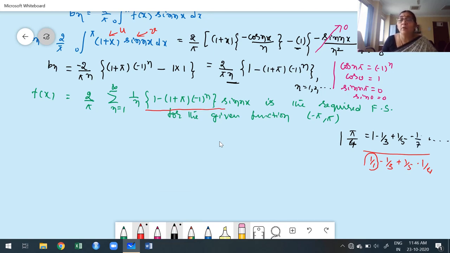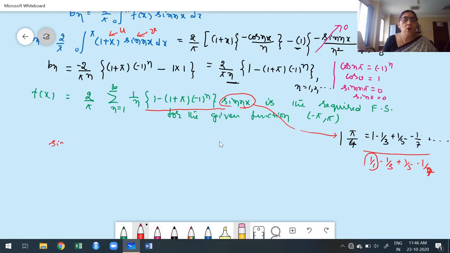Now here I want to find this series. Observe carefully. I want to retain only odd values of 1 by n. I don't want even. Therefore, you know what our range is: minus pi to pi. I don't want sine; you observe here, we don't have sine. Now I want to eliminate the even terms, but I require only odd values. This shows that suppose I put x equal to pi by 2.